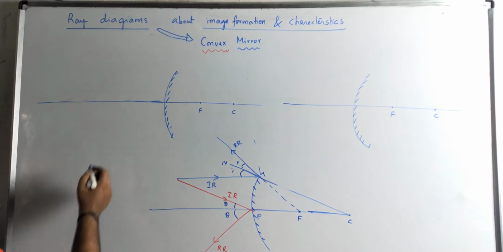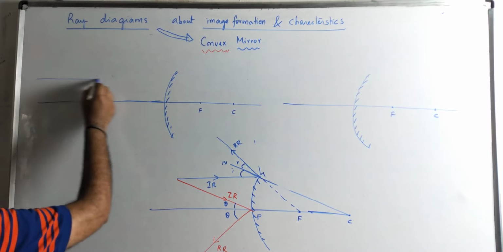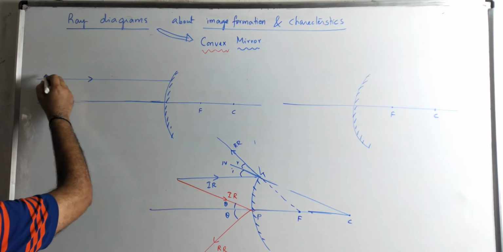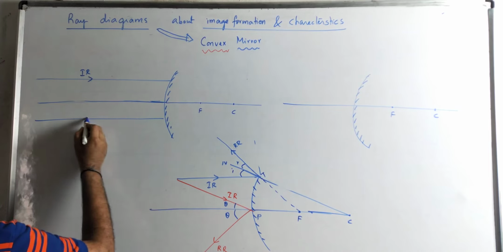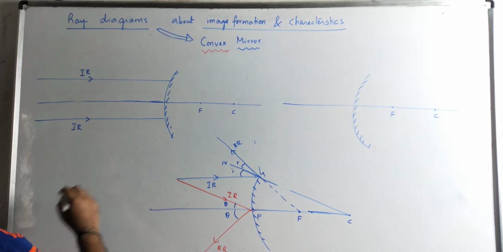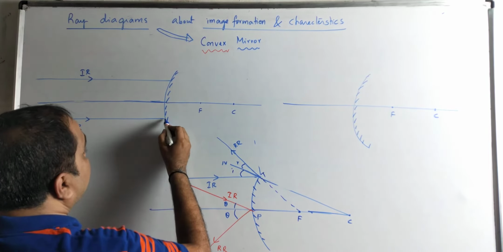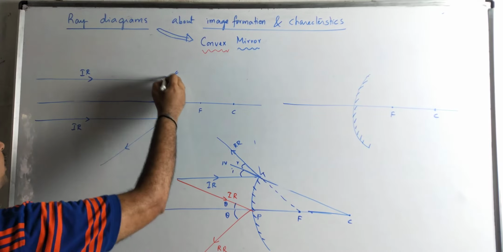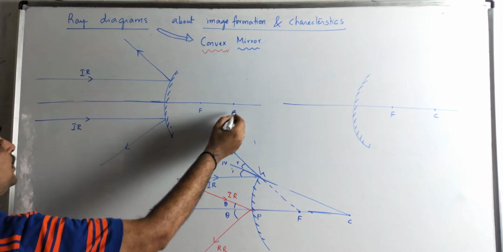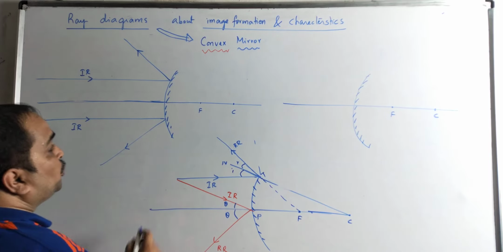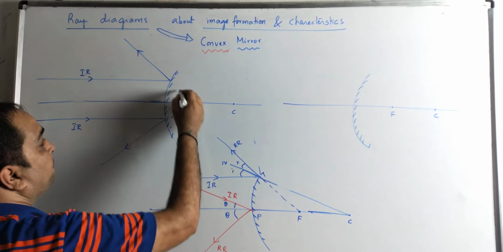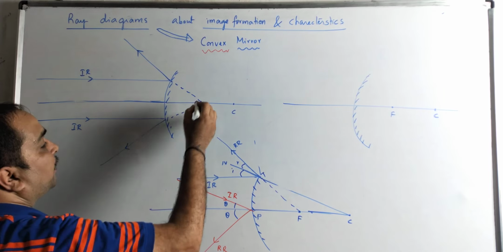So the ray diagram, what we need to do is, for example, the object is at infinity, the incident rays are coming parallel. One more ray also I will take. Both of them touch here, go like this, touch here, go like this. Why this happened: if you draw the center of curvature to that normal and all, you can see that this principle holds true. So they go back. So you get a point-sized image.